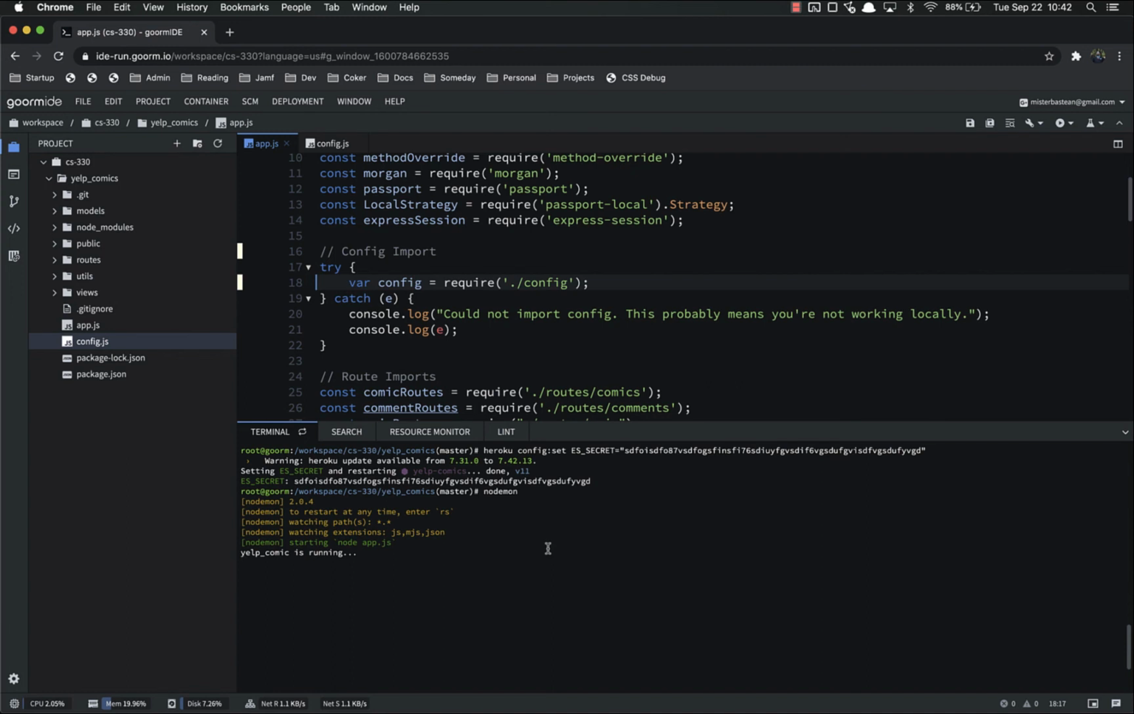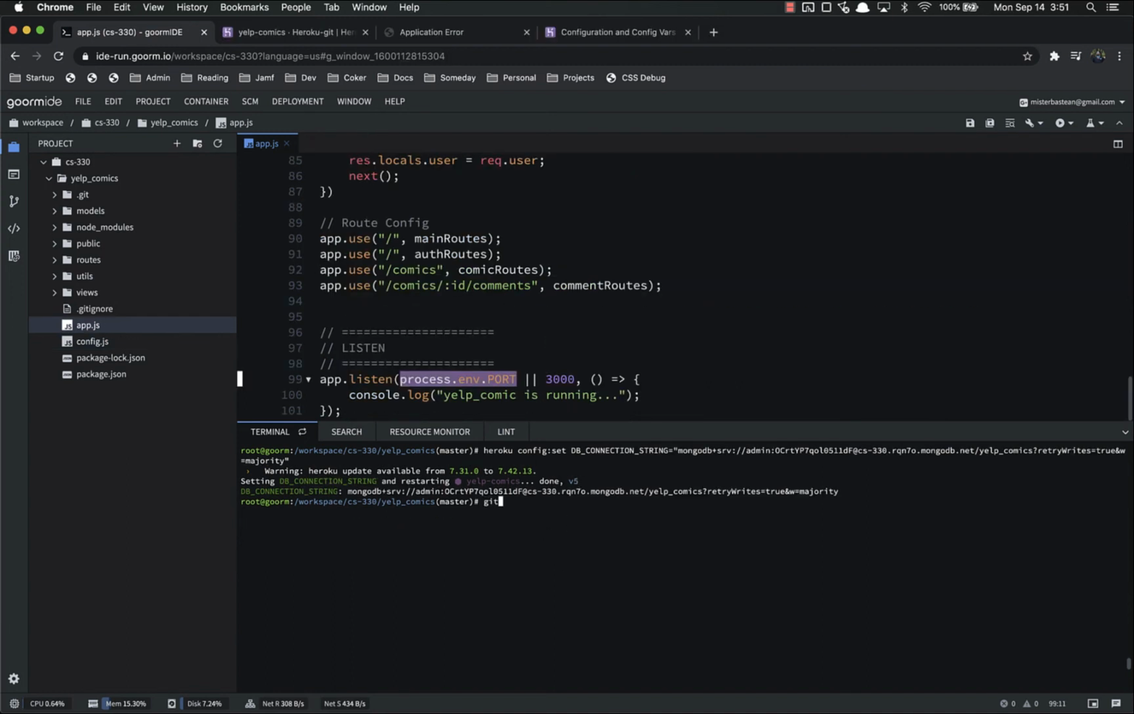There we go. It is running. Excellent. That is what we need. Then we need to git add app.js, git status. That should be the only change. Yeah. Git commit,